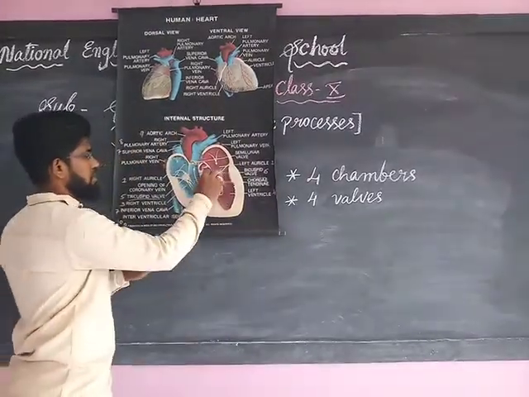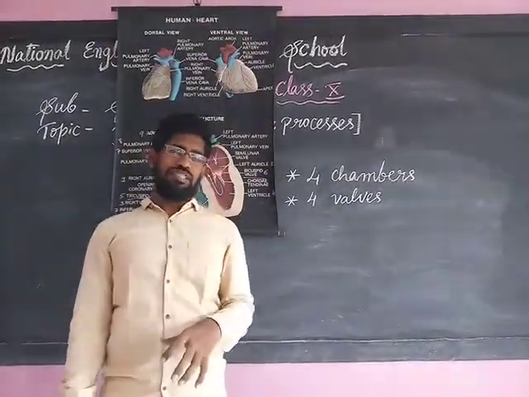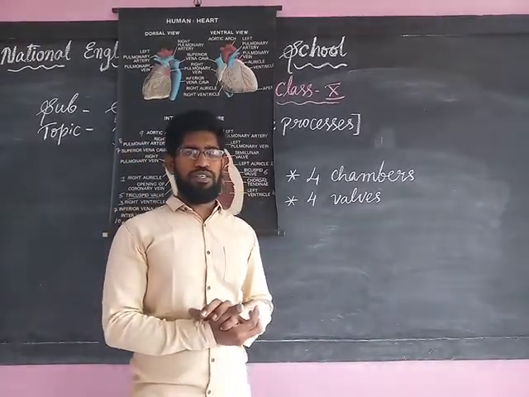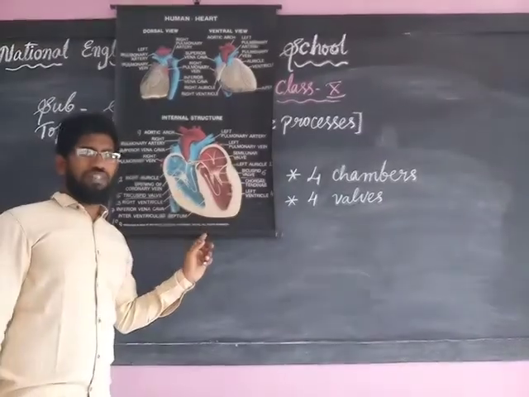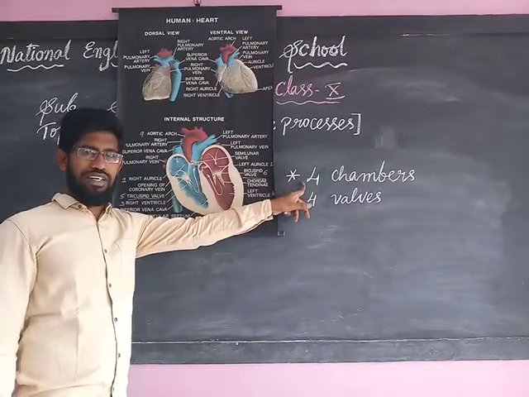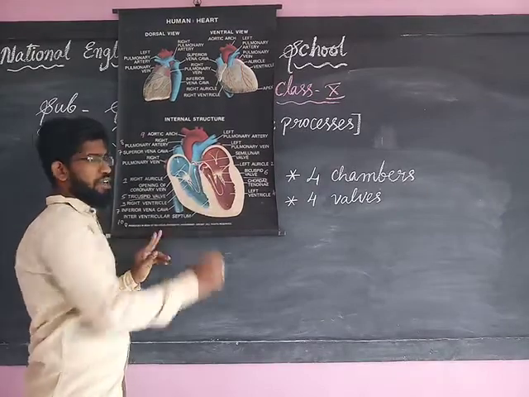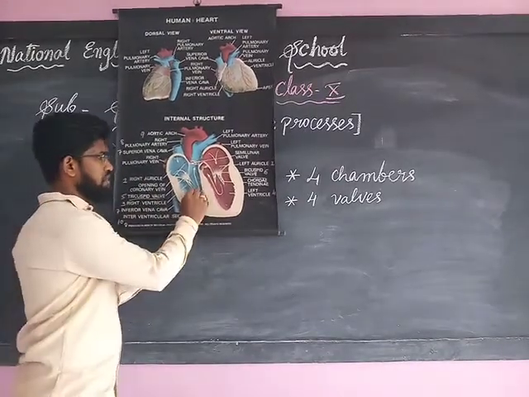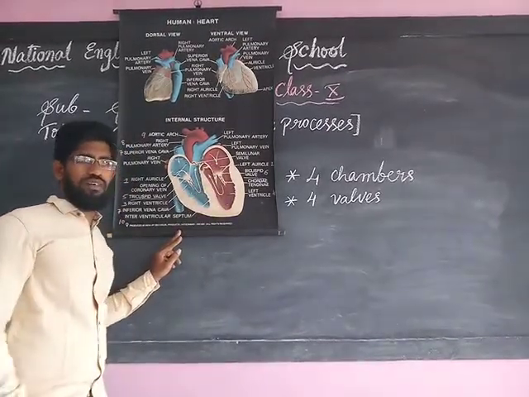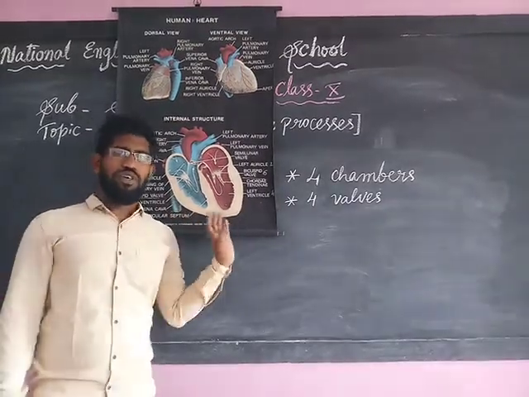And there is a red pipe. This is called the great aorta. This aorta receives the pure blood from the heart and supplies it to the body of a human. Understood? So this is the structure and the parts of the human heart. There are mainly four chambers, two auricles and two ventricles, and four valves: tricuspid valve, pulmonary valve and aortic valve, and the bicuspid valve. In between the right side and the left side, there is a wall called the septum. So this is all about the structure of the human heart.